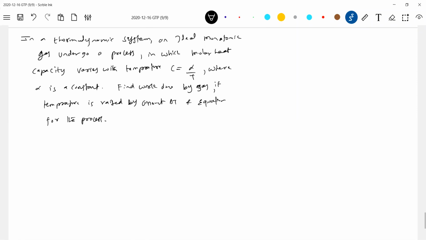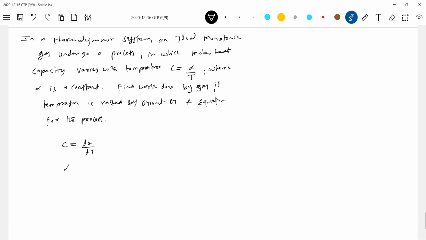Okay, now molar capacity can also vary with temperature, can vary with volume, can vary with pressure. Earlier I showed it was varying with volume, no? So here I'm bringing varying with the temperature. Okay, what is the basic definition? In any process, for 1 mole of gas, what is C equal to? dQ by dT.